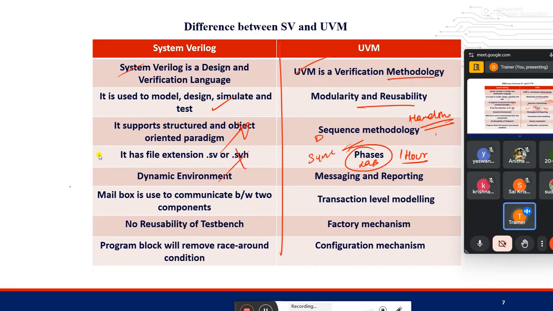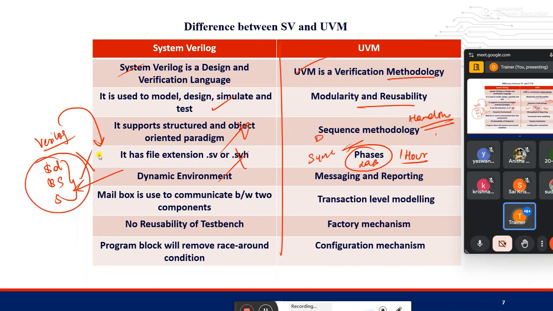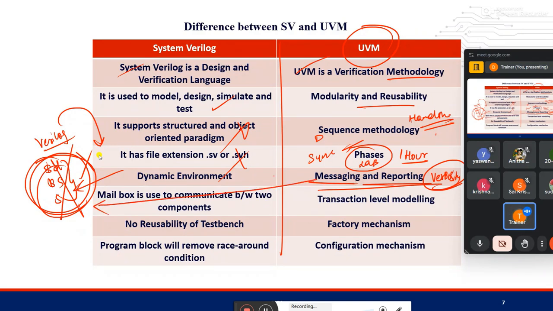In SystemVerilog we are still using $display, $monitor, and $stop, correct, which were Verilog subjects. Did we improvise that concept? No, we didn't improvise. Do you people remember? But in UVM you will improvise that. We didn't touch those topics in SV; we are simply, blindly using $display. But in UVM we will improvise these displays. That is called the messaging and reporting concept. And one more is there, verbosity. These are the concepts concentrating on the display statements. So this is one important point.